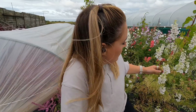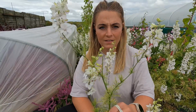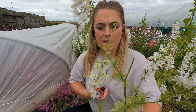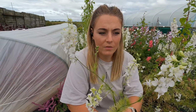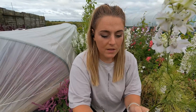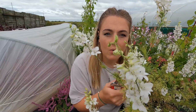Could be that I could use, for example, this isn't a very desirable looking stem because it has this bit here that's kind of wilted off. It's got lots of side shoots on it that are small. That is something that I could possibly dry and use myself in smaller arrangements, or wreaths, so these side shoots could be used in wreaths. So I'm going to pick things that I would use long stems for to either sell wholesale or make bouquets out of, and then also these secondary quality kind of